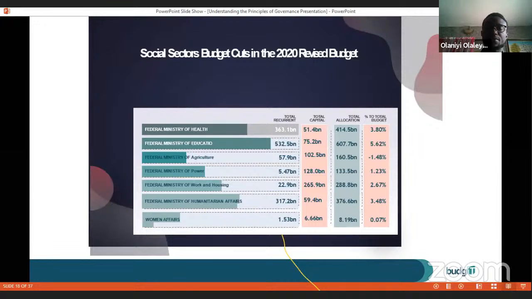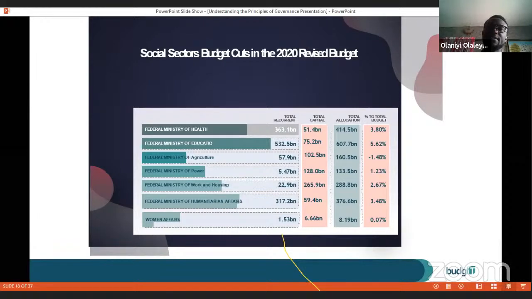Ministry of Health, all of us need very good health. Ministry of Education, we have to be schooled, go to school and all of that. Ministry of Agriculture, without agriculture, there is no food. Ministry of Power, we know everybody needs electricity. Ministry of Works and Housing, like I said, works, construction of roads and all of that. All of us need affordable housing. Ministry of